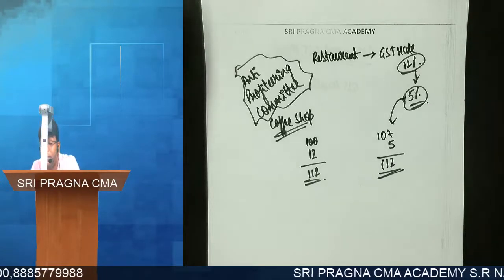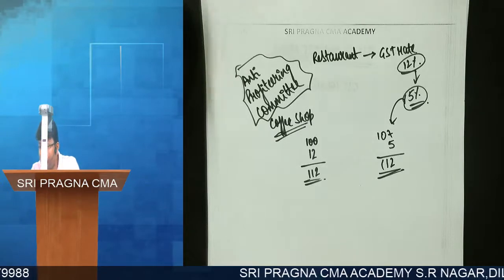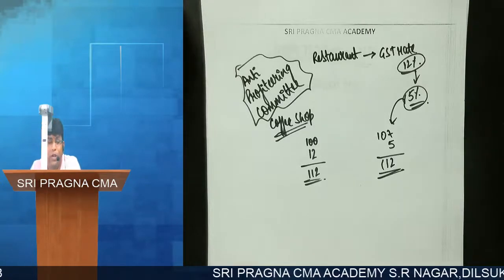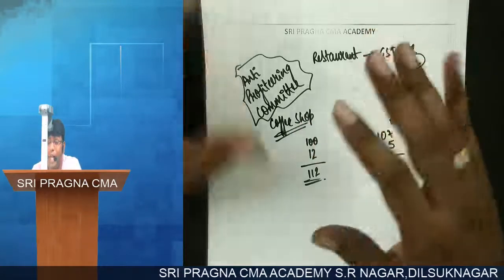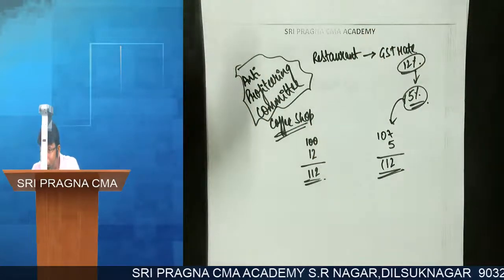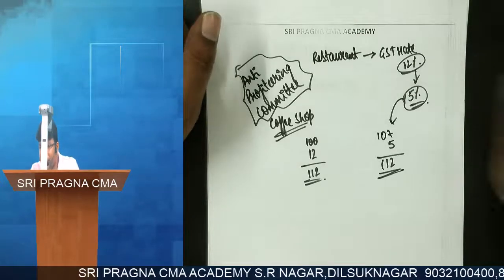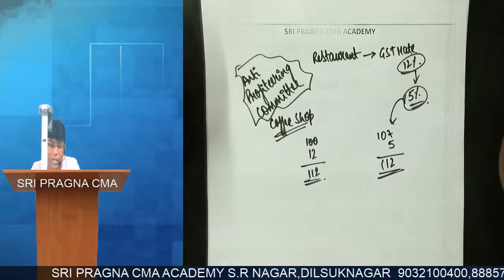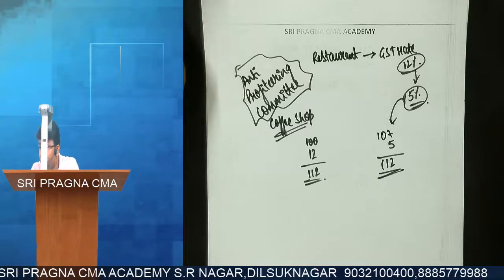What is our committee name? Sir, the name itself says Anti-Profiteering Committee. We don't want you to make profit because of the reduction in rate. The benefit should come to the end consumer, not to the businessman. I think fair enough? Makes sense also? Everyone please speak out. What committee is this? Anti-Profiteering Committee.